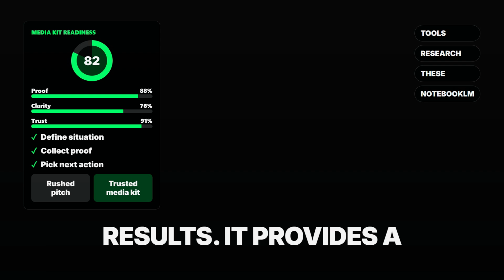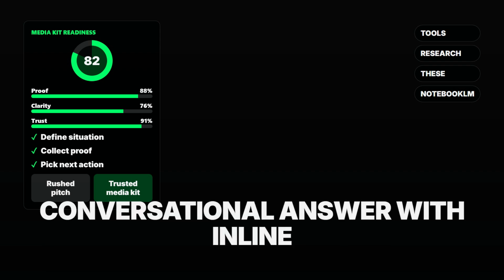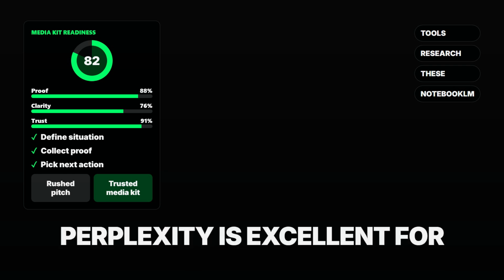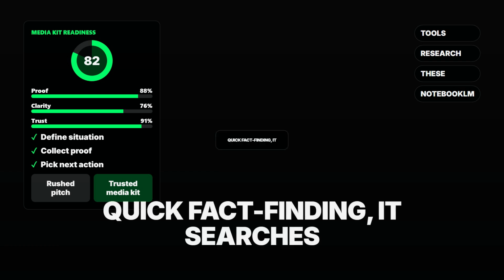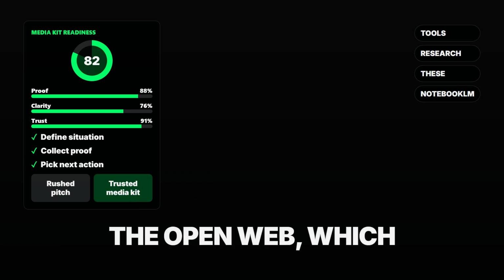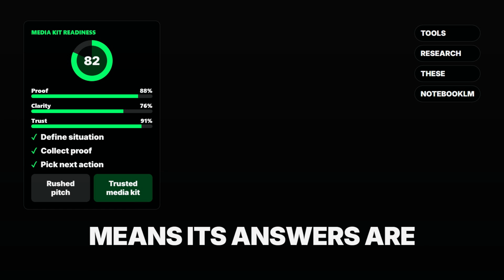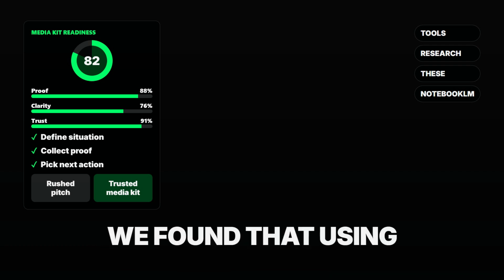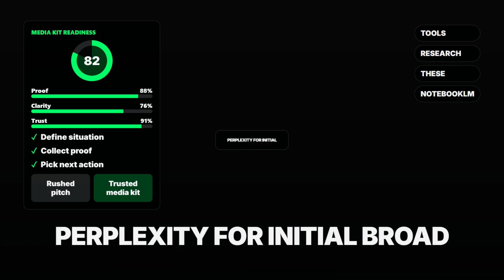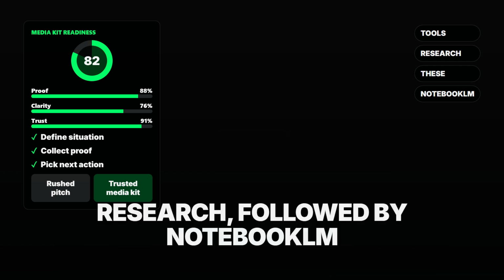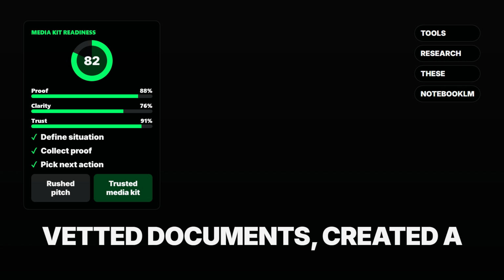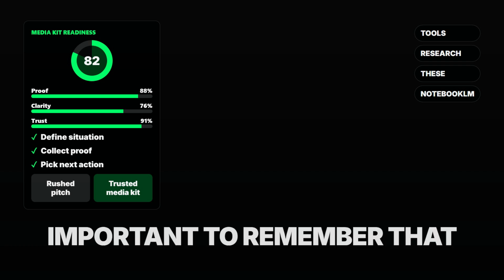Perplexity serves a different purpose as a search engine that synthesizes web results. It provides a conversational answer with inline citations linking back to the source websites. While Perplexity is excellent for quick fact-finding, it searches the open web, which means its answers are only as reliable as the websites it indexes. We found that using Perplexity for initial broad research, followed by NotebookLM for deep analysis of vetted documents, created a